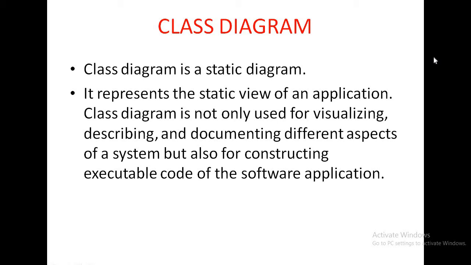Class diagram shows how a system is structured rather than how it behaves. Generally, it describes the structural representation. The behavioral aspect is not represented by the class diagram. It consists of how many classes are present in your software and their dependencies. Dependencies means one to many, many to one, different types of dependencies.